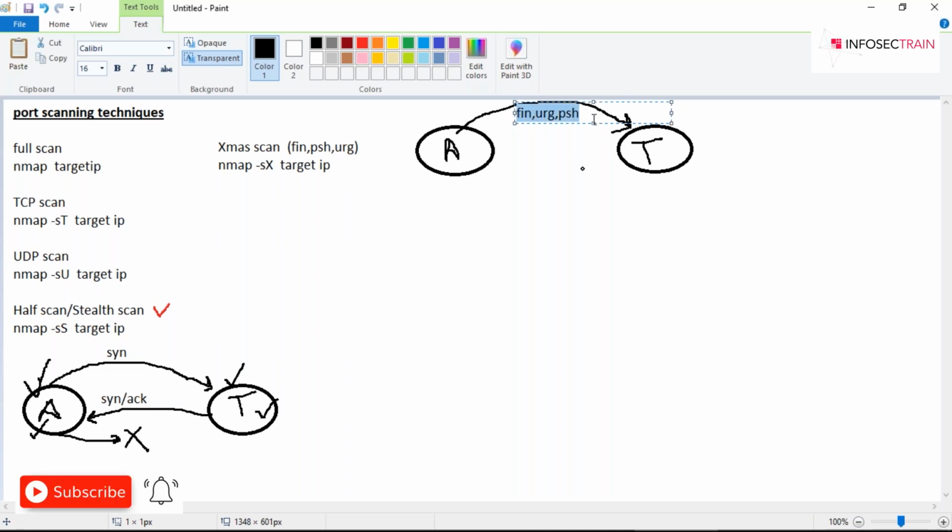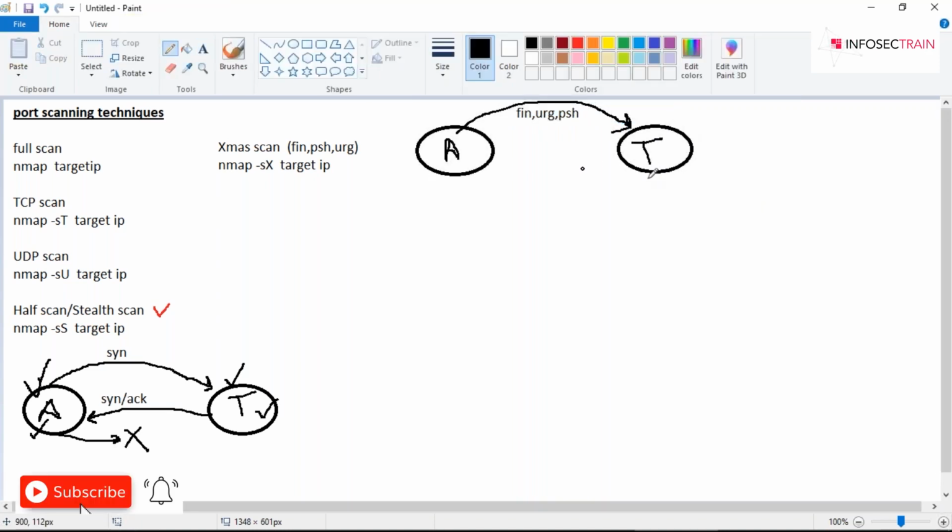It's the same like this, guys. For the very first time we meet, instead of saying hi and good morning, I'm saying goodbye to you. This FIN means you can assume it as goodbye. So when I meet you for the first time, I should say hi, right? But instead of saying hi, I'm saying goodbye. So what will be your reply, guys?